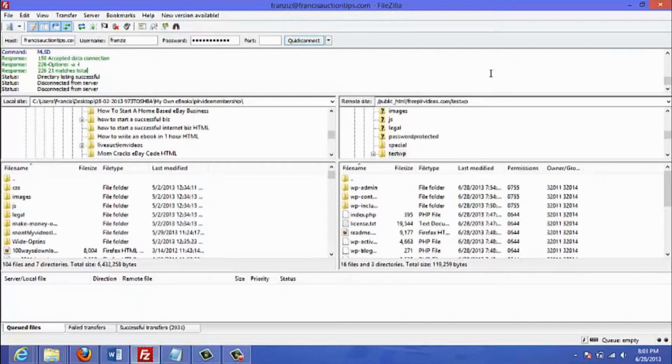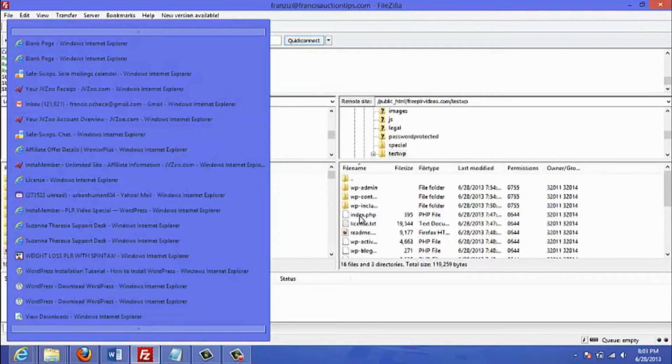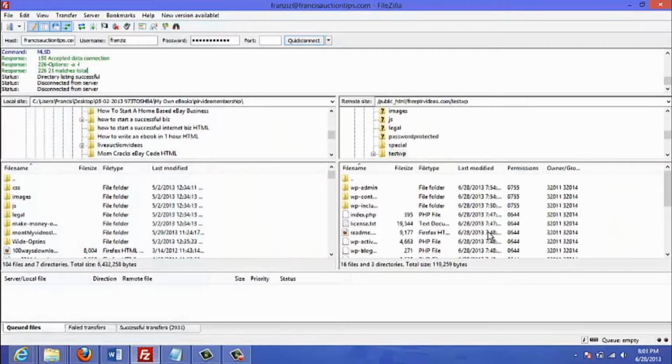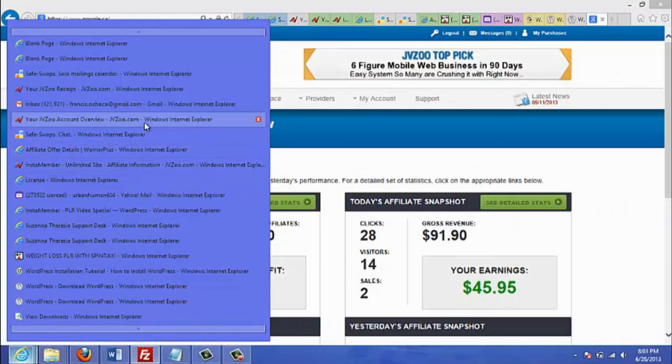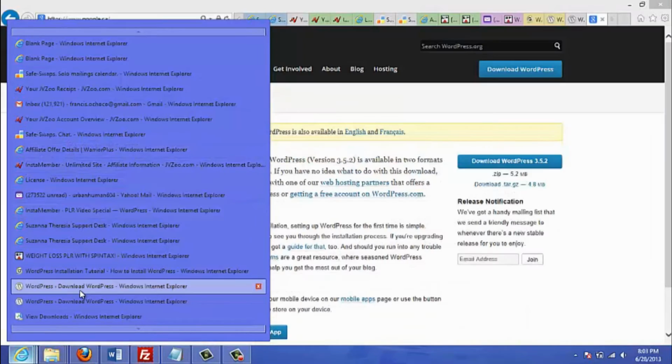Okay, so the transfer has completed, and so now what we're going to do is just go to my site. And well, first of all, before I do that, you can see here that these are all the files that have been transferred to the folder test WP. Okay, so what you're going to want to do is just to make sure that everything is all right, just go to